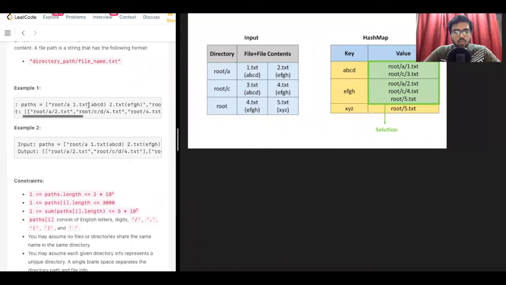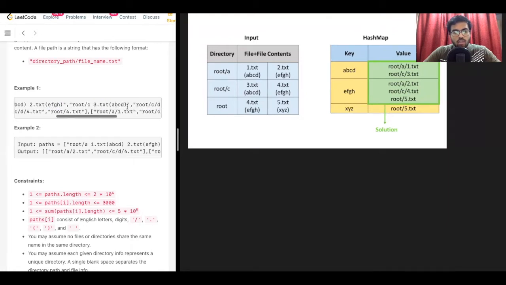As you can see, we have been given a 2D array of strings which have certain files. For example, in the first one we have root slash a, and in the root slash a directory we have 1.txt, and the content of the 1.txt file is abcd. 2.txt, the content of 2.txt is efgh.